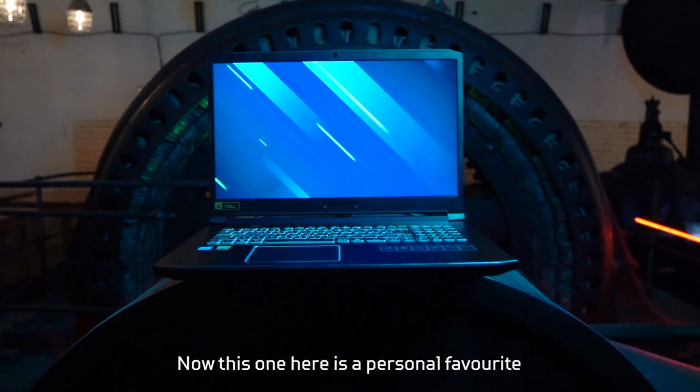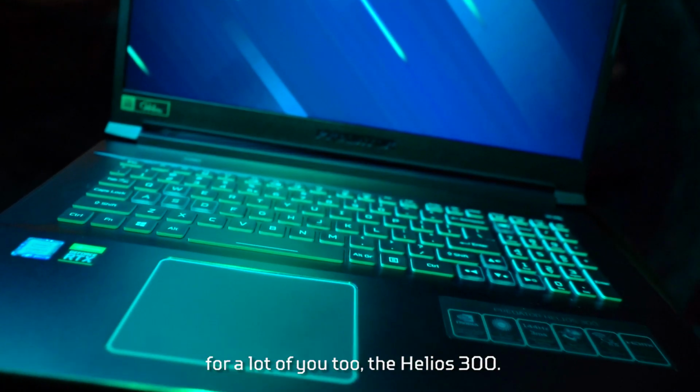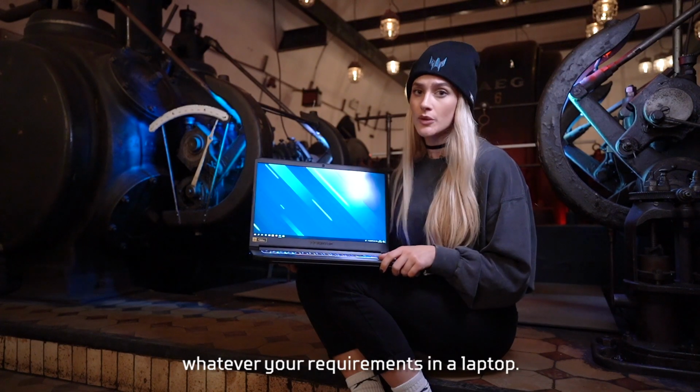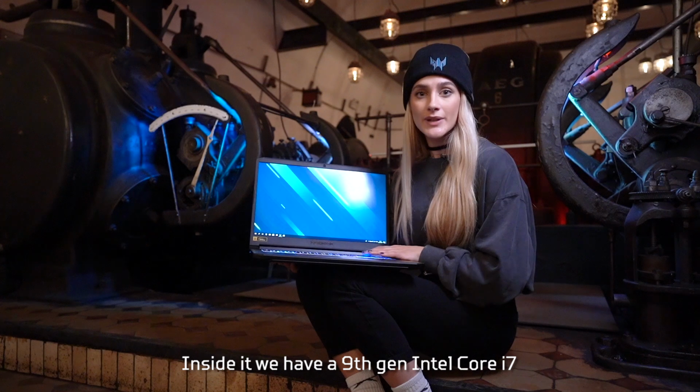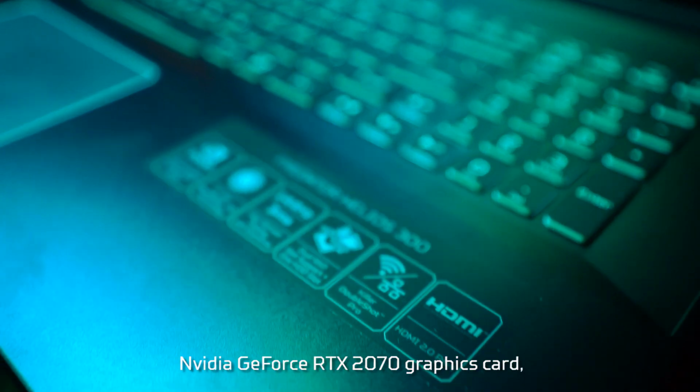Now this one here is a personal favourite of mine, and I know it's a favourite for a lot of you too, the Helios 300. This laptop took 2019 by storm, and honestly, it's one I'd recommend for any gamer, whatever your requirements in a laptop. Inside it, we have a 9th gen Intel Core i7 processor, coupled with an NVIDIA GeForce RTX 2070 graphics